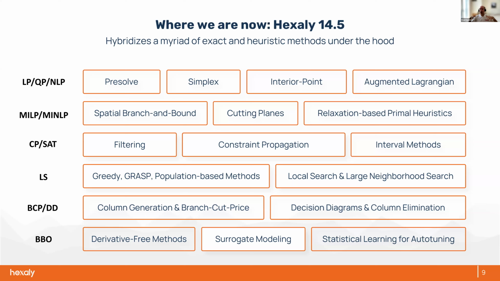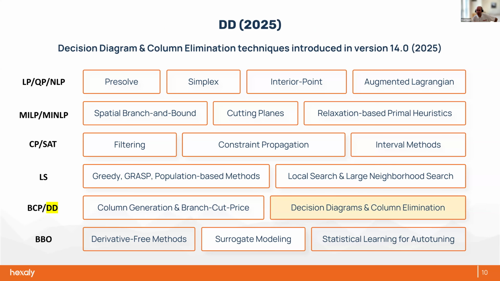When you launch Hexaly on a problem, a number of these boxes are activated and collaborate. It's not just one. It's not all on all problems, but it's a large number of these ones. I will explain that just after. So the decision diagram techniques and column elimination, I know you know at Carnegie Mellon, you have a number of